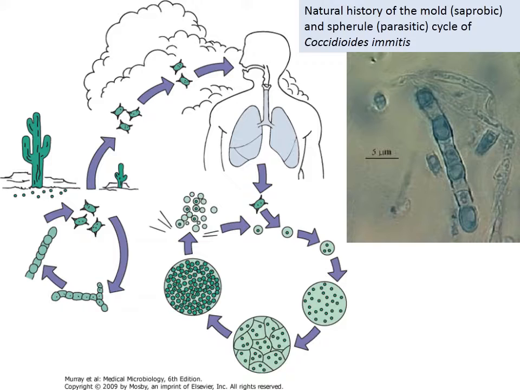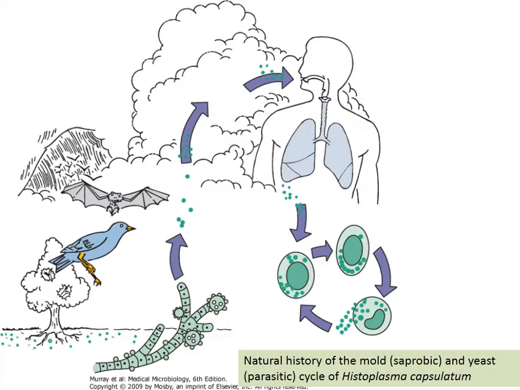So that's another. And sometimes it could be pets, it could be warm-blooded animals, and many times it's birds or bird droppings. So that's also important. So in this case, for example, you can see Histoplasma capsulatum. So there are birds there, especially bats. So they have these bat droppings in that environment, and you happen to be there, you will inhale it, and